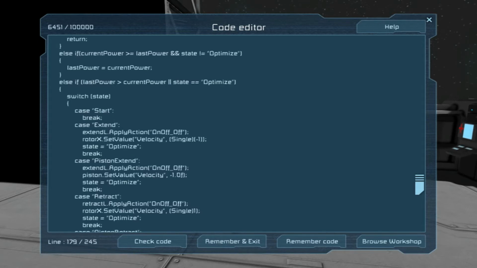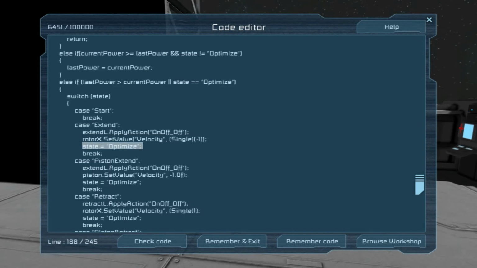So in that case, if it's still in extend mode, we want to turn the light off so that it does not do any further extension. We want the rotor value to be set to -1 so that it rolls back, right? It basically reverses whatever it just moved forward for the last second,